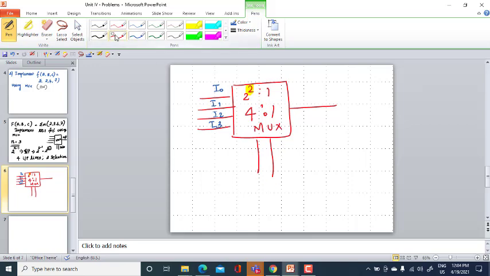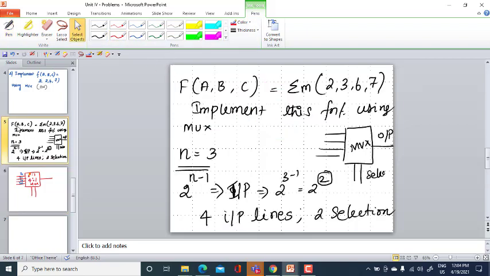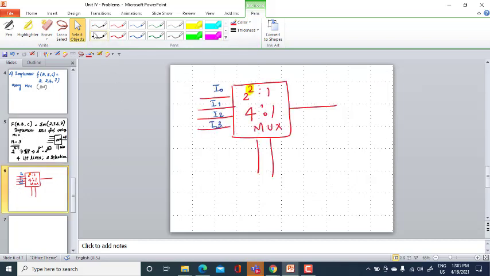Input variables A, B, C are the 3 variables, of which let me select B and C as the selection lines. This is the function output F.